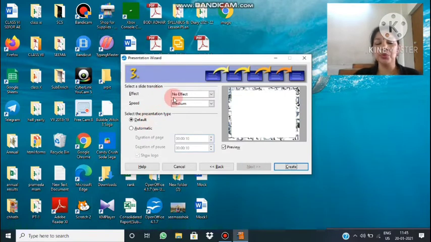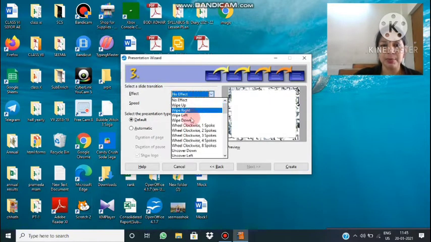There it will ask you, do you want to provide any slide transition? Slide transition means when one slide comes to the screen and the previous slide leaves the screen, in between if you want some movement to be there for the audience, some effects. Remember this line: when one slide leaves the screen and another slide enters the screen, in between if you want to provide some effect, that is known as slide transition. And with what speed? It should be slow, medium or fast. Three things you have to choose here.